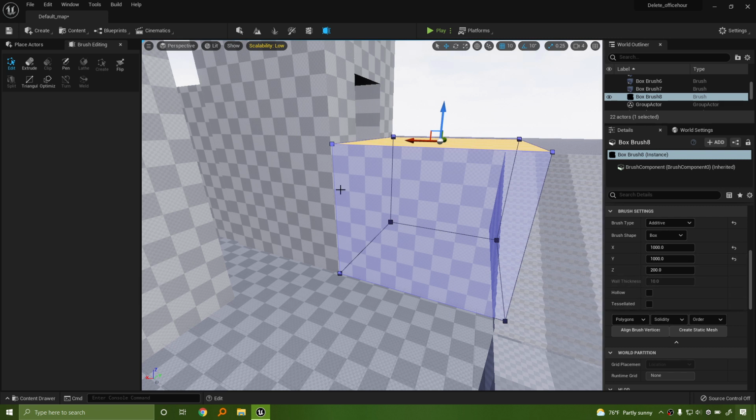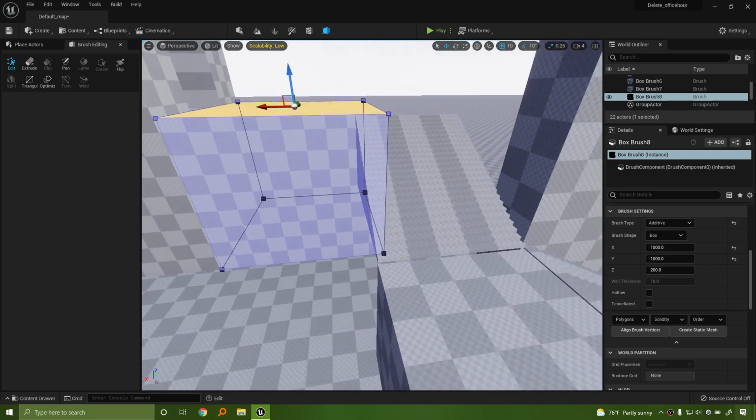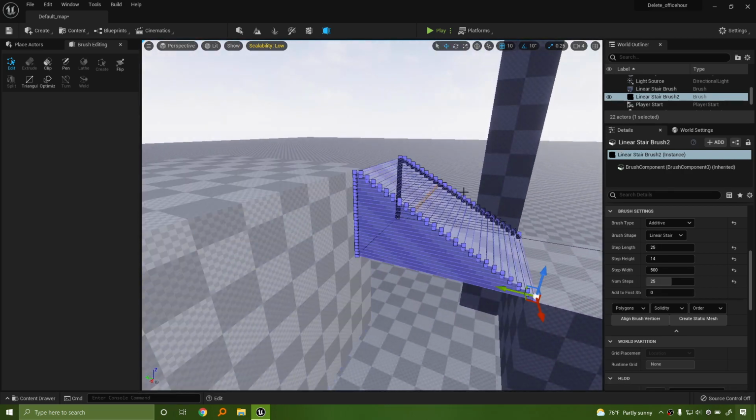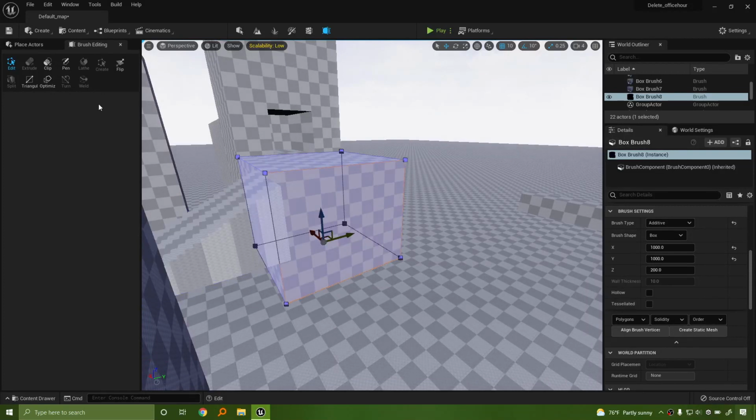Once you start editing brushes manually using these tools right here, and if you're interested in these tools, go to the documentation. It will teach you about the tools, but because we're not going to be doing a lot of heavy modeling in the second week, we're not really going to do a lot of modeling at all, but you guys should at least know these tools exist. Check out the documentation. Give it a good read. But this is a good way to do some very basic brush editing so that you can say, if I don't want to spend too much time,